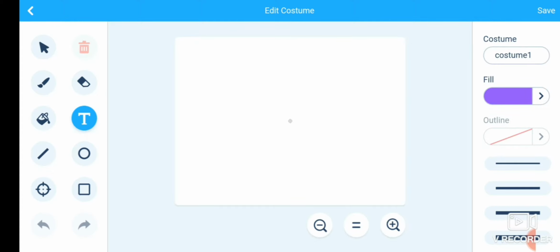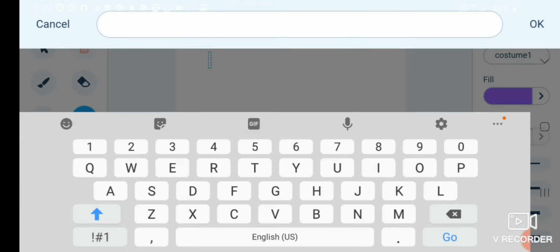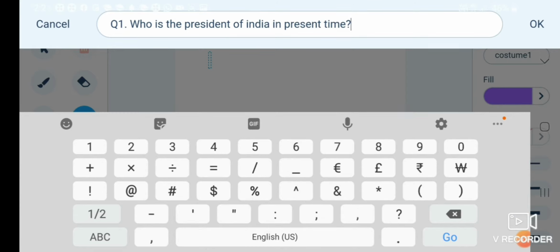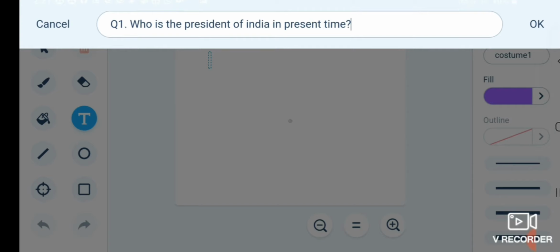Type here: question, first question. Who is the president of India in present time? Okay, type this question here, then click on OK.